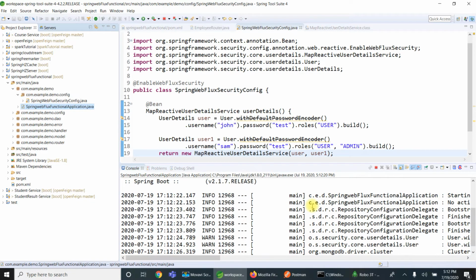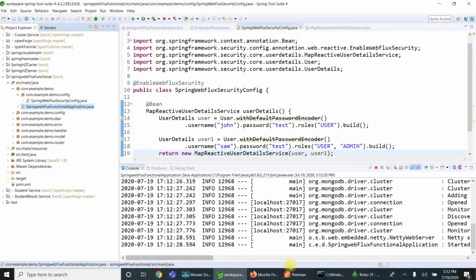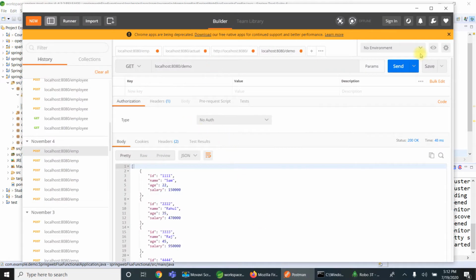By default, if I am not implementing the security web filter chain, it will be implemented with default authentication. So if I hit the same endpoint again now, I'll get 401 unauthorized because we have not passed any user credentials.